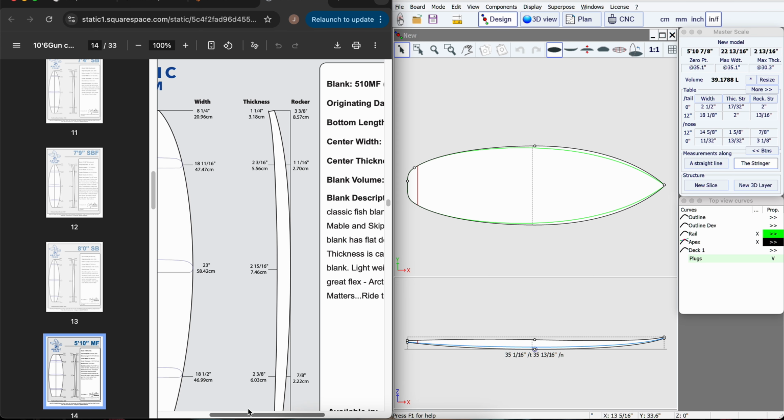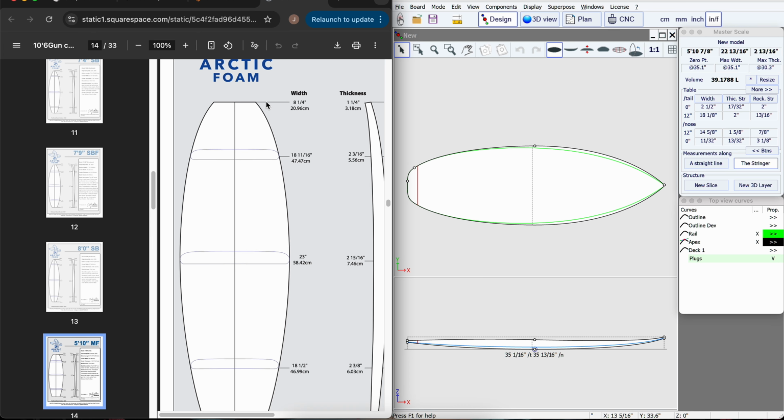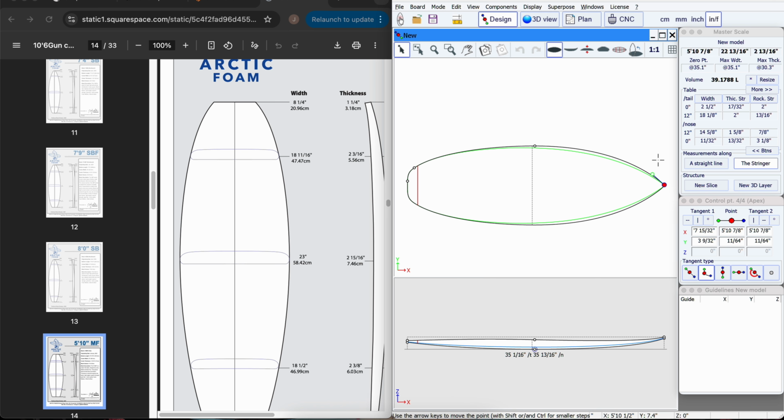We're gonna start from designing the overall outline of the board. The easiest part is gonna be set up the nose width first. You can click the point on the nose, and just with the nose, pay attention to the measurements here, how they are changing. 0 from the nose, which is the width, and we're going to the 8.25. It doesn't have to be perfect, like this tiny small changes will not affect later your board when you just